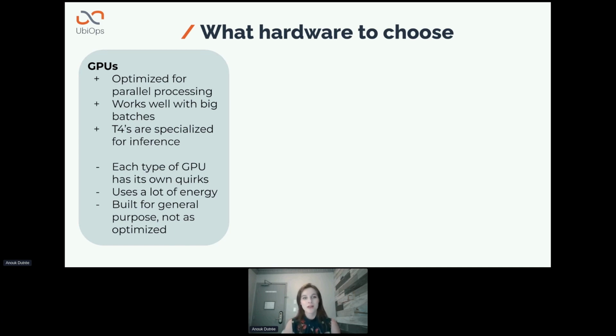Because they're highly optimized for parallel processing of small calculations. And they work very well with big batches. And in the end, neural networks are just a lot of linear algebra, so that fits well on the GPU. And you've also got some specific types of GPUs that are specifically well suited for inference, like NVIDIA T4s. But the downsides of GPUs are that there are so many different types of GPUs to choose